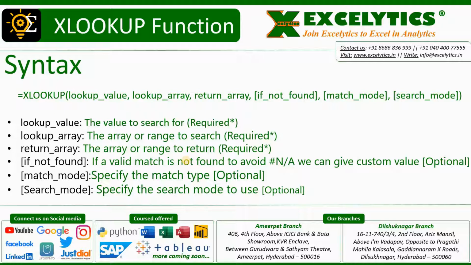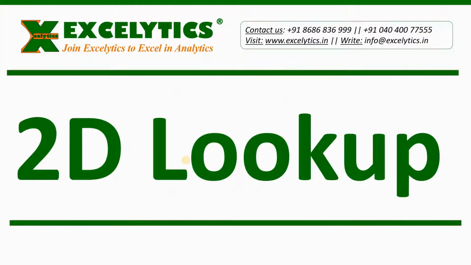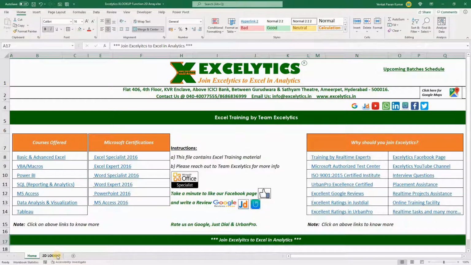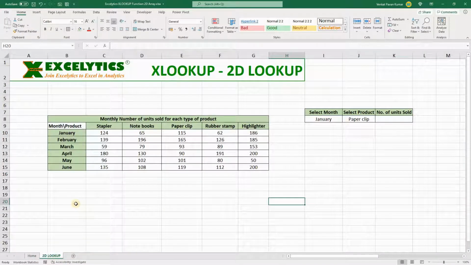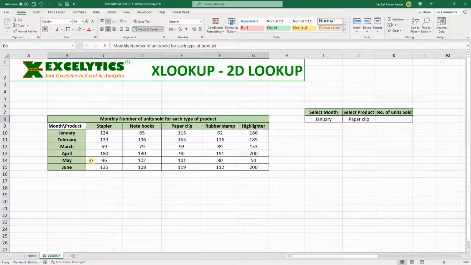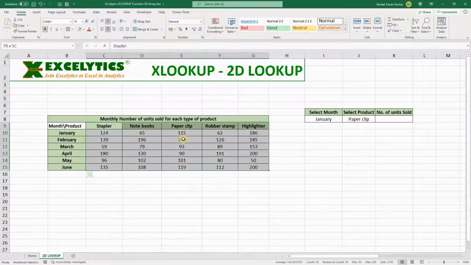Okay, so now quickly we'll start with our 2D XLOOKUP. So let us open Excel and I'm going to the 2D XLOOKUP tab. So here we have data which tells us the month-wise number of units sold for various stationery products.